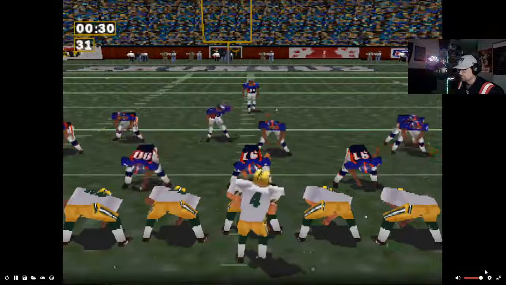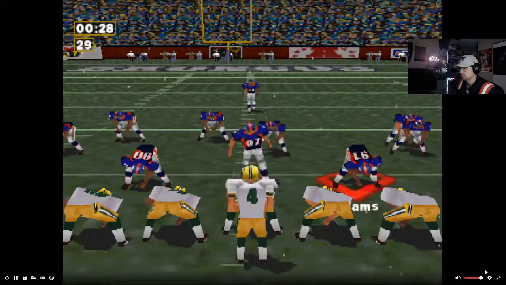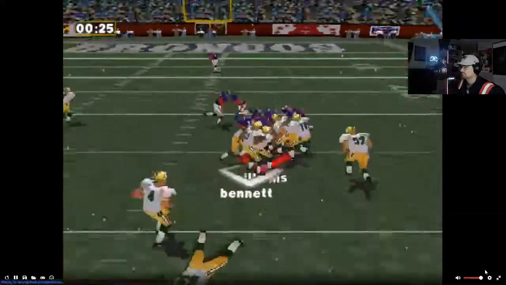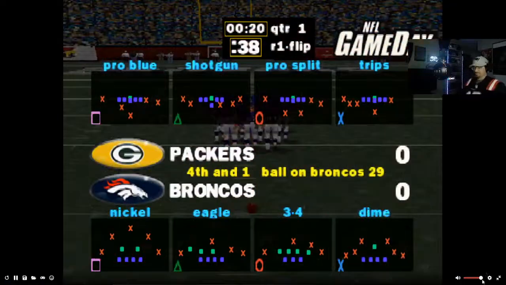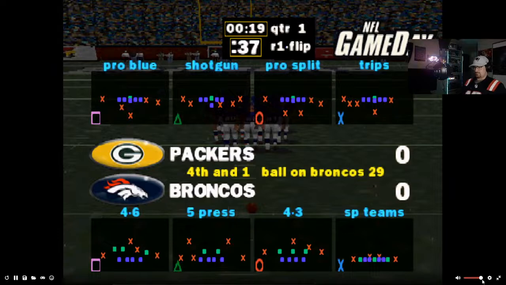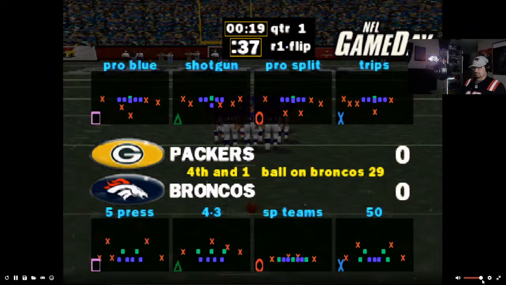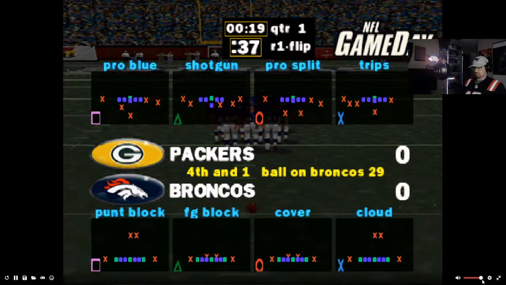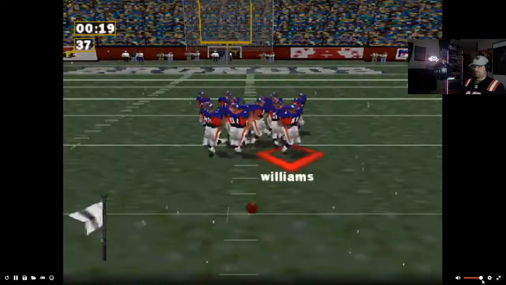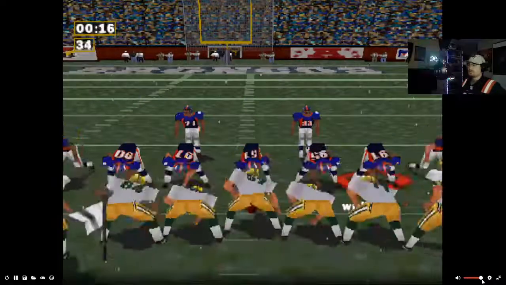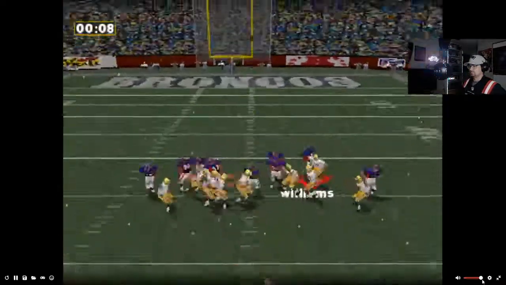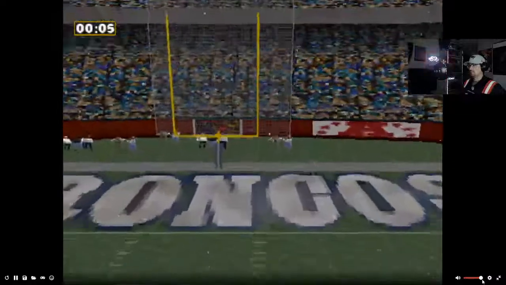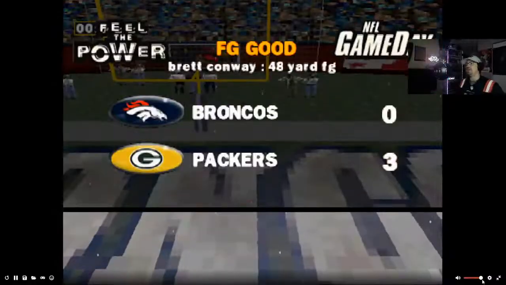Red 47. Green 25. Hot. Fourth and 1 on the 29-yard line. Blue 47. Red 47. Hot. The field goal is good.